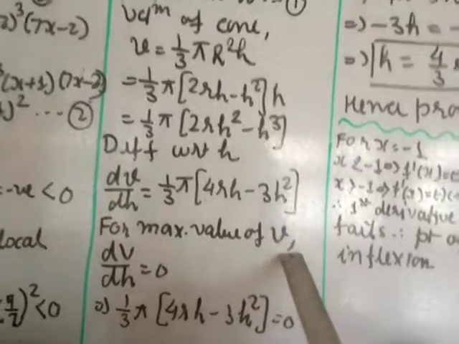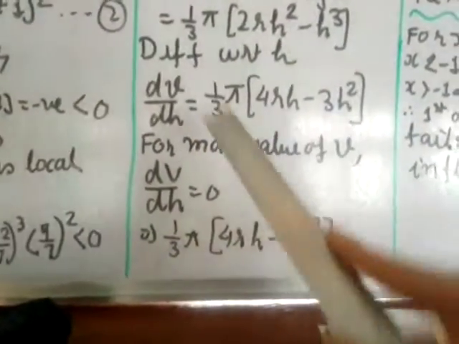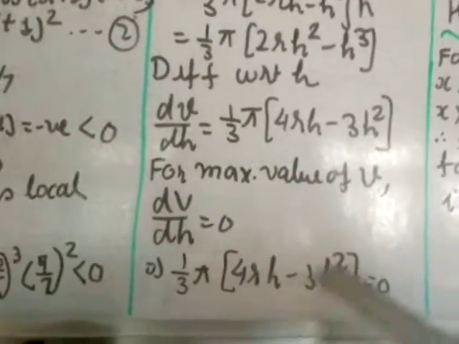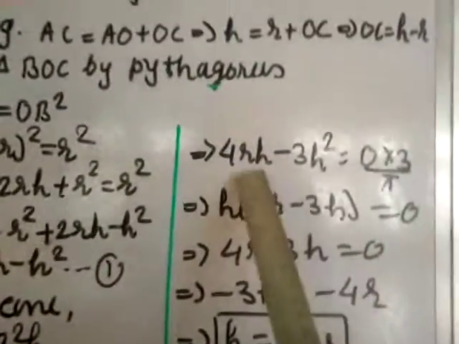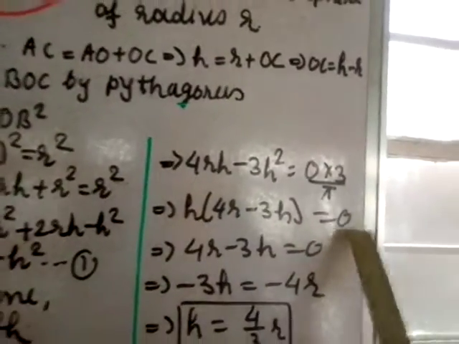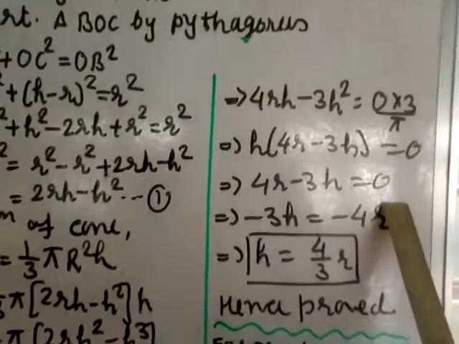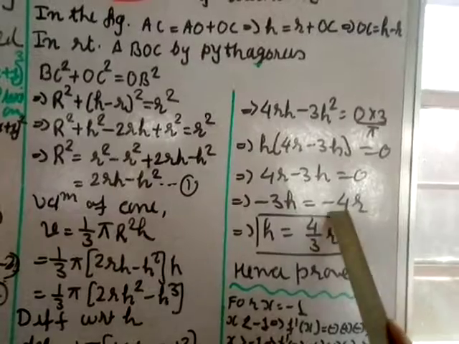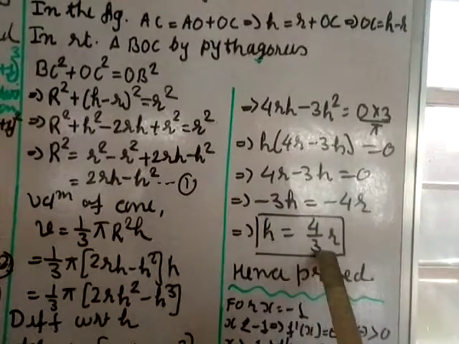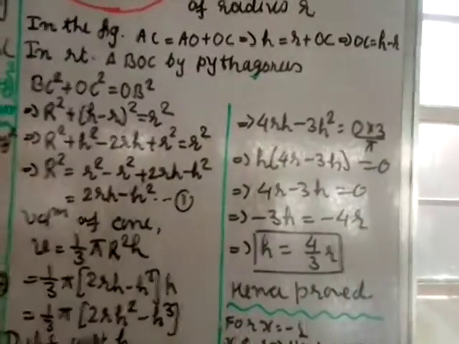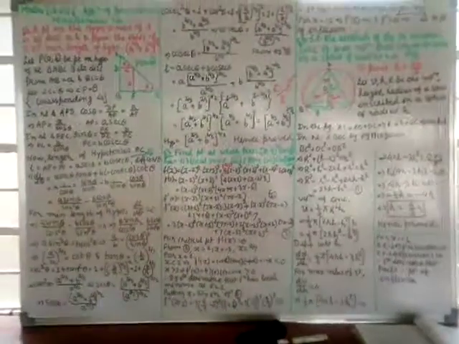For the maximum value of volume, you have to equate this value with 0. So dv by dh is equal to 0. That means all this is 0. Then I transfer this 3 and pi here, multiply with 0 and cancel. From here h is common, and h cannot be 0, so that also can cancel. So you get 4r minus 3h is equal to 0. So 4r, transfer, minus cancels. So h, the 3 you transfer, and this is what was asked to prove, h equals 4 by 3 into r. So that is proved. And that is the answer for question number 15. Thank you very much.